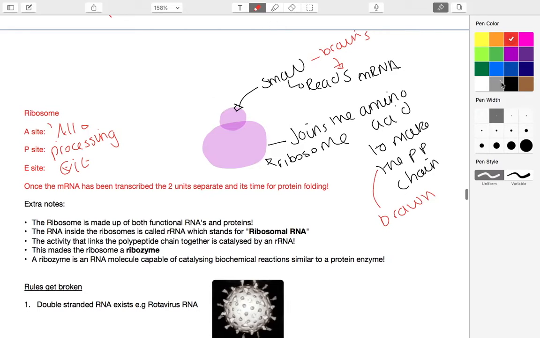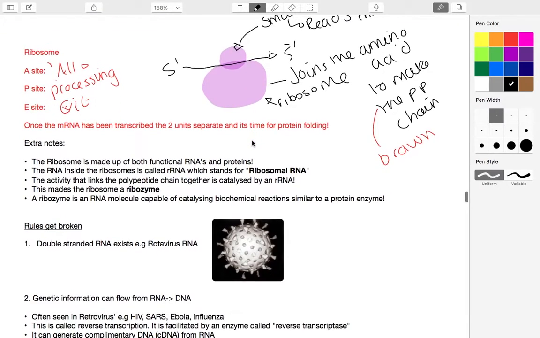So obviously the mRNA molecule gets fed in, and it gets fed in that direction. So you've got the 5' to the 3'. Okay, so I just thought I'd do that in a little bit more detail, so hopefully it makes you understand and remember the ribosome process a little bit better. So we can end it there, that's fine. That's covered the main points of the translation, but I've just done a few extra notes for you in case you find it interesting,